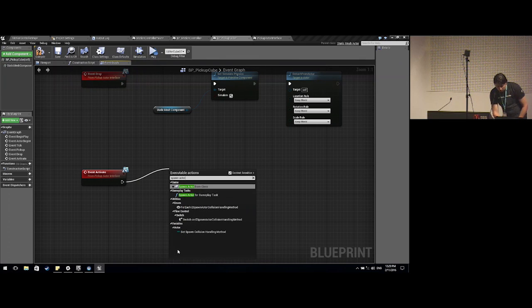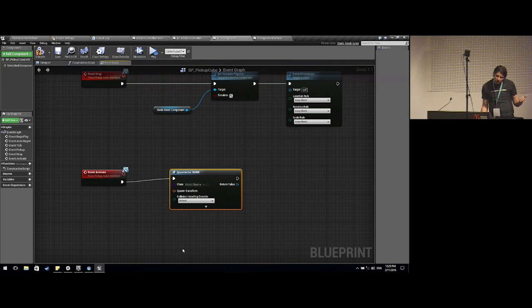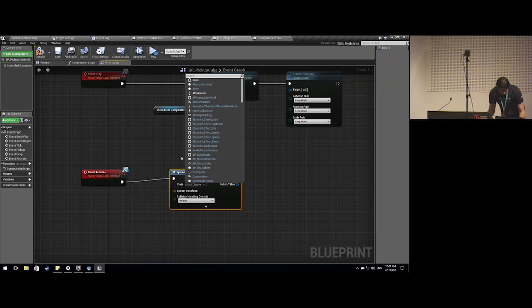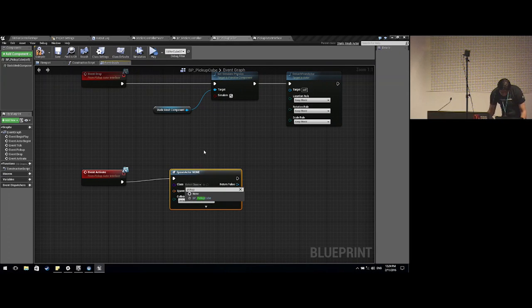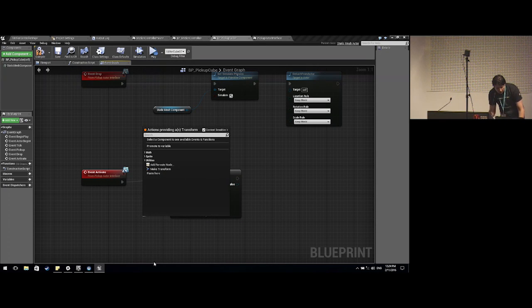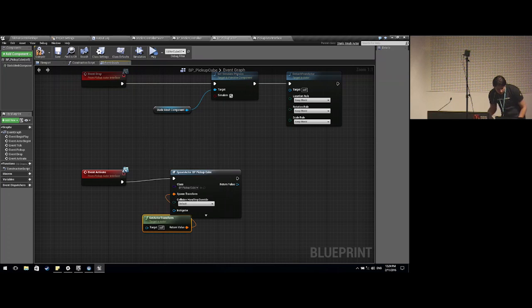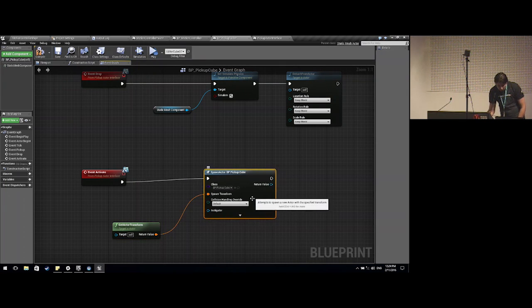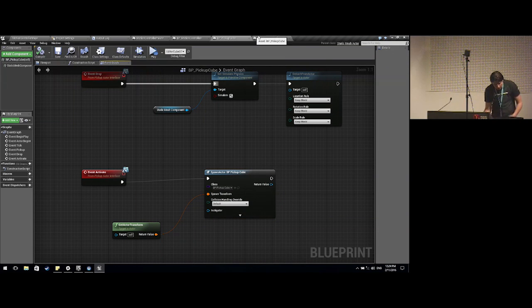And upon activating, let's do this. I'm just going to spawn a new object. So the second that activate is called on a cube, it's going to just create another cube, okay? What's it called? Pick up cube. And the location that it's created at is going to be the same as the current cube, which means it'll be spawning it inside of itself, but in theory, the collision handling is going to sort that out and move it above. So now that we've added the functionality to the cube itself,